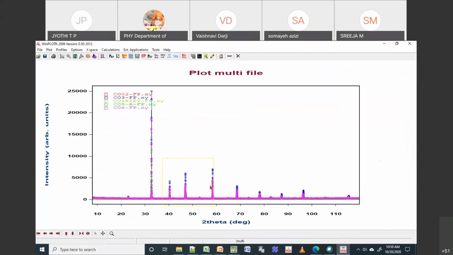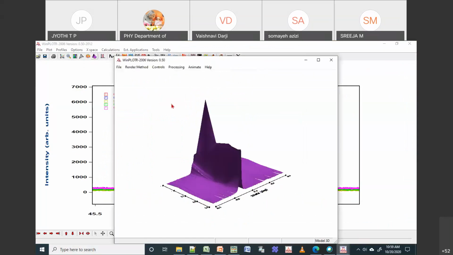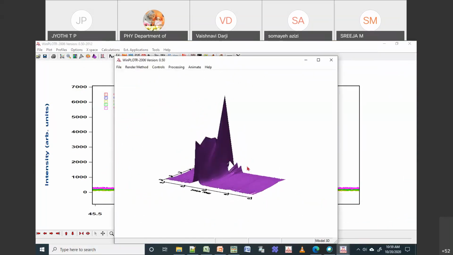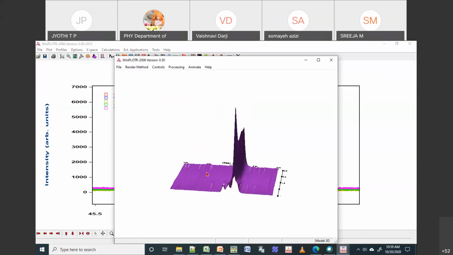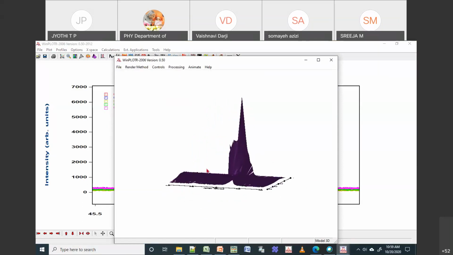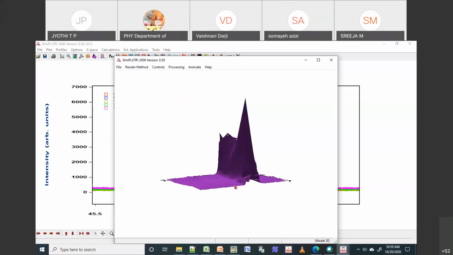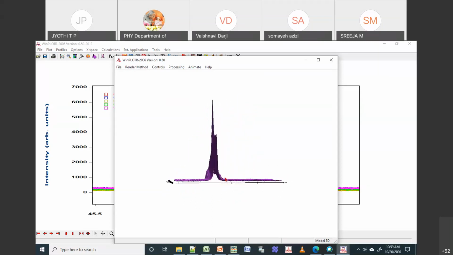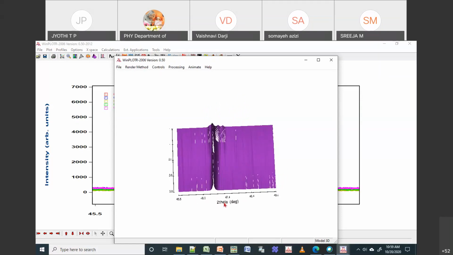Okay, and if I zoom in, we can already see there is a change in this phase. So this is how you can visualize. There is one more way: if I want to give a model, I can show it like this. So this is a 3D model. You can use your mouse and change the rotation. You can see here, these two peaks are actually changing into a single peak. So this is some phase change when you have a different composition. So you can also show this kind of 3D plot.